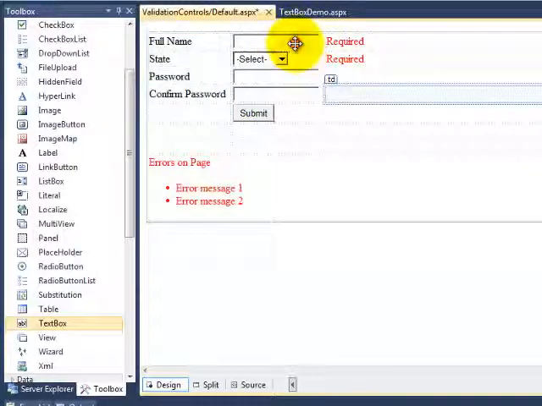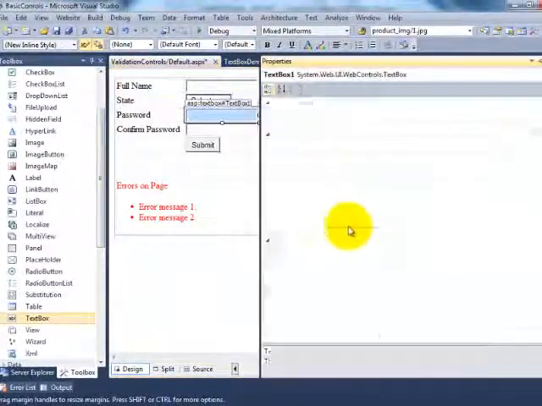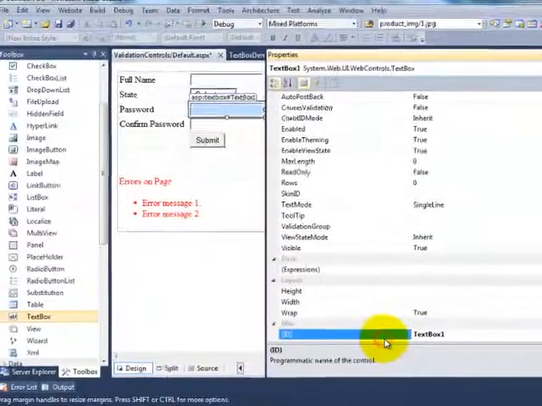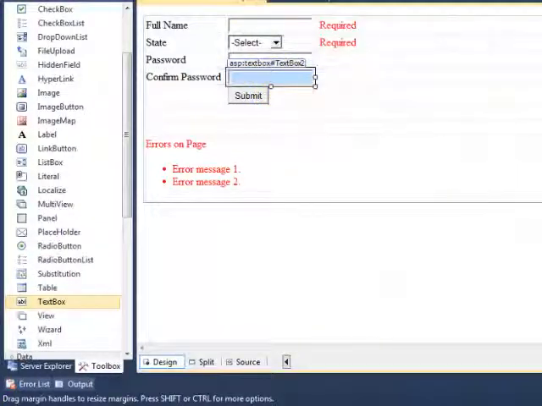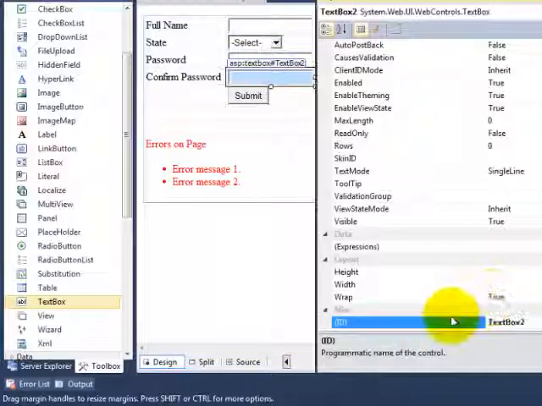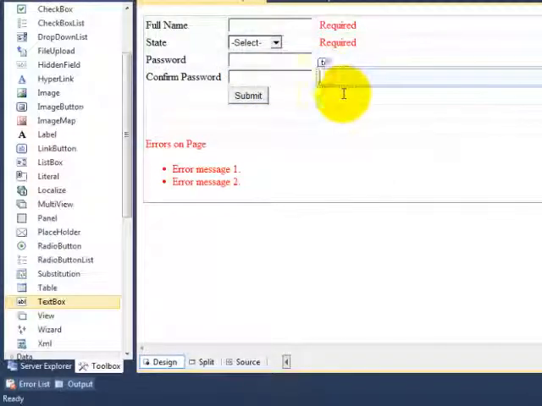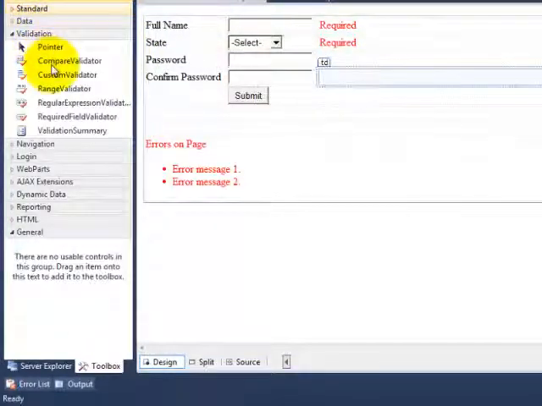Change the control names: txtPwd, txtCpwd. Fine. Now let me take a validator from the toolbox validation tab.